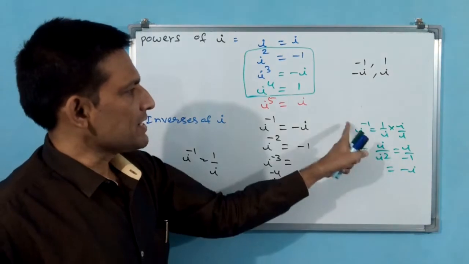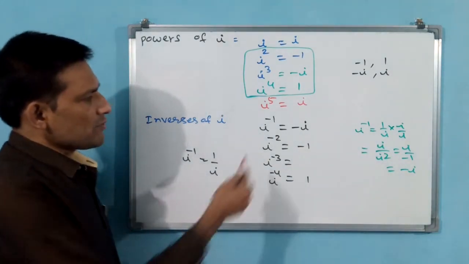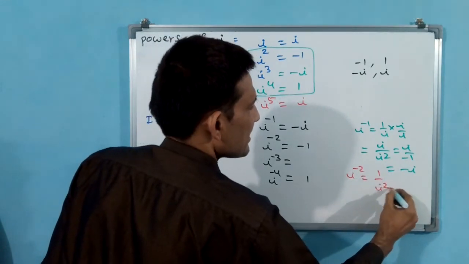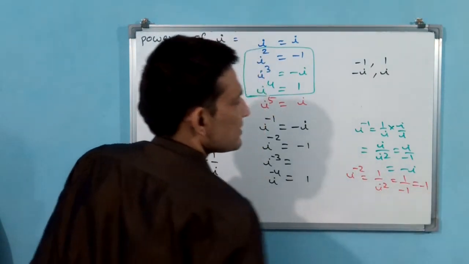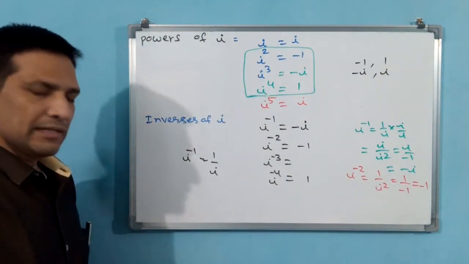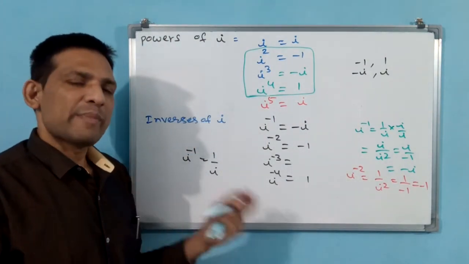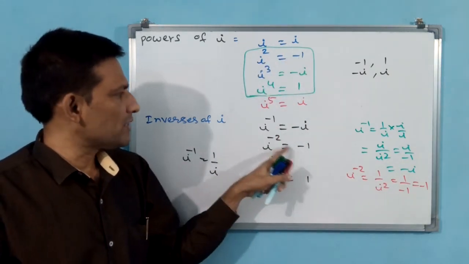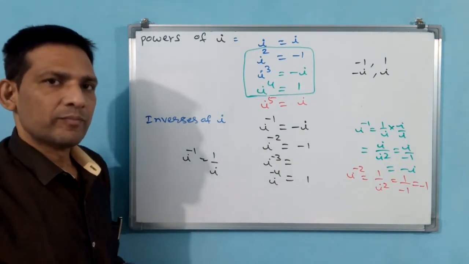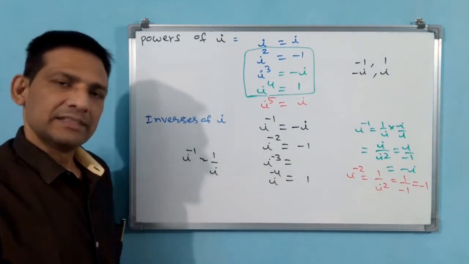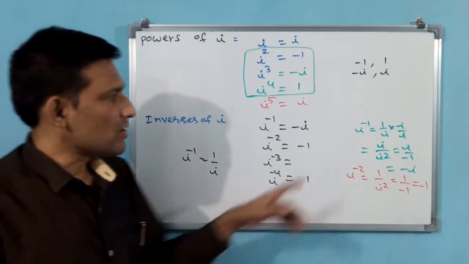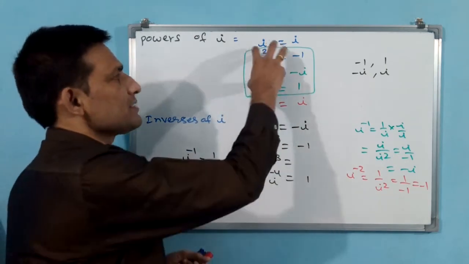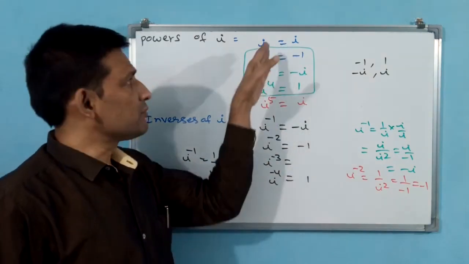Now we have seen i to the power of minus 1. Let us see i to the power of minus 2. 1 by i square, 1 by minus 1, that's all. 1 by minus 1 or minus 1 by 1, both are minus 1 only. That is why i square is minus 1, and i to the power of minus 2 is also minus 1. Do you understand these two results now? See how I have drawn these results, because we know these results. That is why you memorize them. Memorizing these results is very easy.